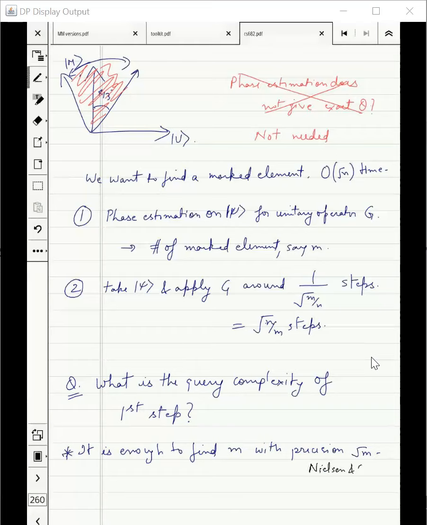You can try it yourself also. The point is, even with this much precision, even with root m precision, you are going to be fine. You don't need to calculate the value of m exactly. What that tells you is that, remember, n was equal to the power k. You want to do phase estimation with k by 2 bits, with some small number of extra bits, so as to make the probability very high that you measure the phase.